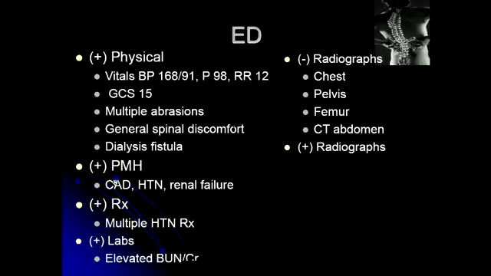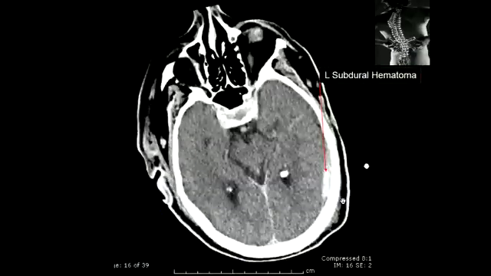Of note, he had coronary artery disease, hypertension, renal failure, and was being dialyzed. He had multiple medications, including the dialysis, and his BUN and creatinine were elevated upon arrival due to his renal failure. As far as x-rays go, he had a negative chest x-ray, pelvis, femur, and a CAT scan of the abdomen, so let's see what his positive films were. He had a left small subdural here,